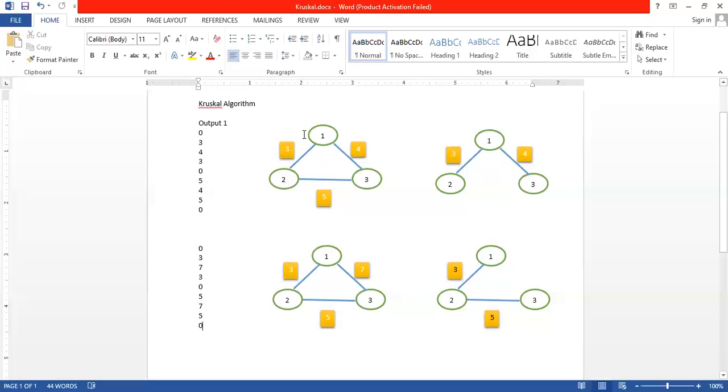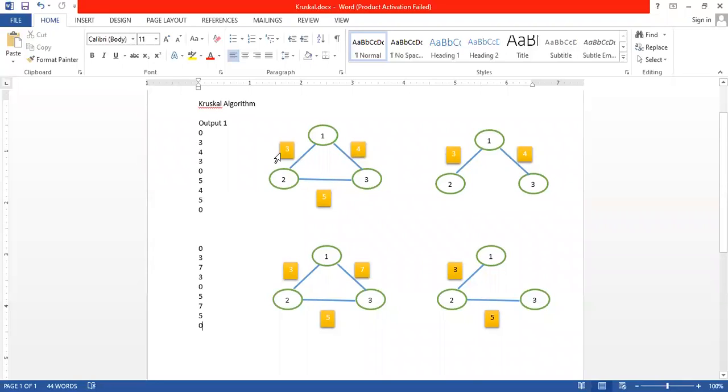Suppose here I have taken two simple graphs. For this particular graph, all the vertices are connected and there are three edges: 1 to 2, 2 to 3 and 1 to 3. If I generate the minimum spanning tree for this graph, it looks like this. In this graph, all the vertices are connected, but we must avoid the choice that leads to a greater value, that is, the sum of the cost of the edges.